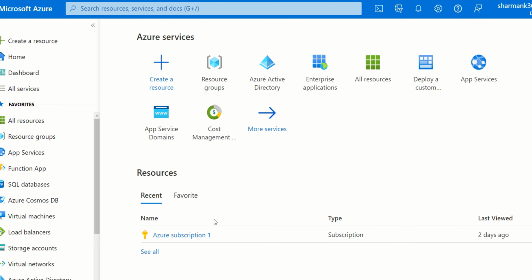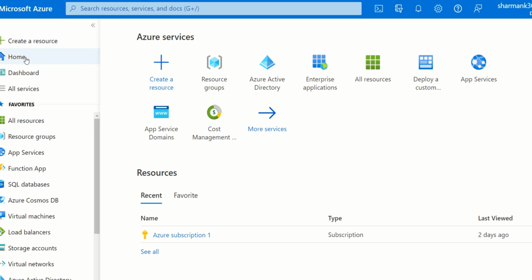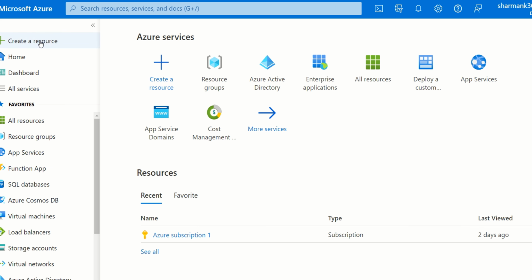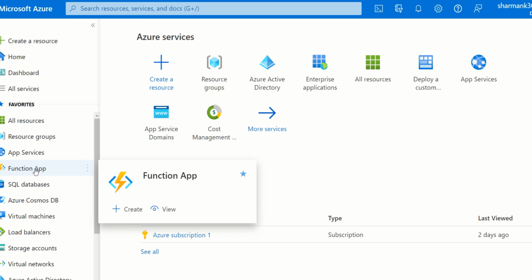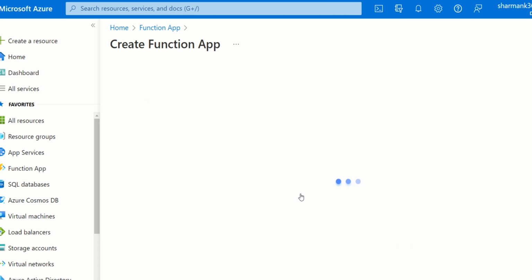I have a subscription called Azure Subscription 1, and it just gives me a direct option to create a resource. On the left side of the portal you can click on the frequently used things, and Function App is one of them, and you can just click on this and start from here, or you can also click on Create a resource, which will give you a search option. So there are many ways. I will just click Function App, and it shows me how many function apps I have, and I don't have any here. I will just click Create,